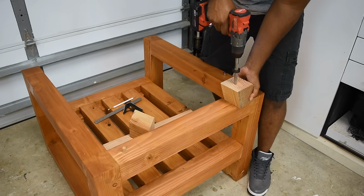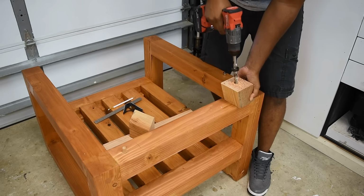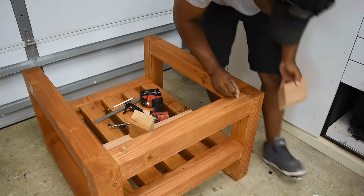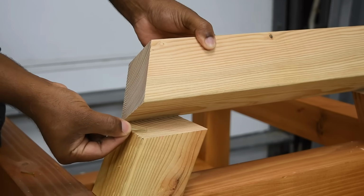And of course, I like to think about you guys that are just getting started and just don't have all the tools. So what happens if you don't have a dowel jig, or you just misplaced it? Or you know exactly where it is, but you're terrified of it because it let you down the last time. So I don't know if this has been done before, but I'm going to share this silly little idea to